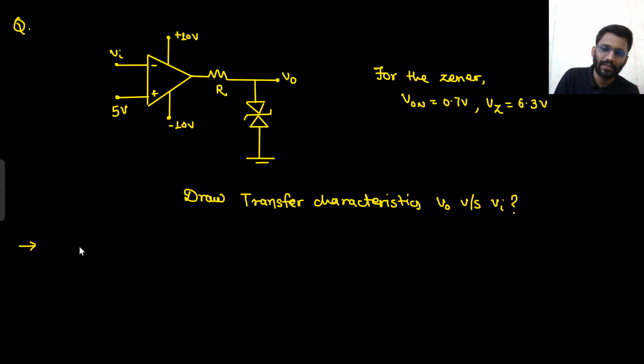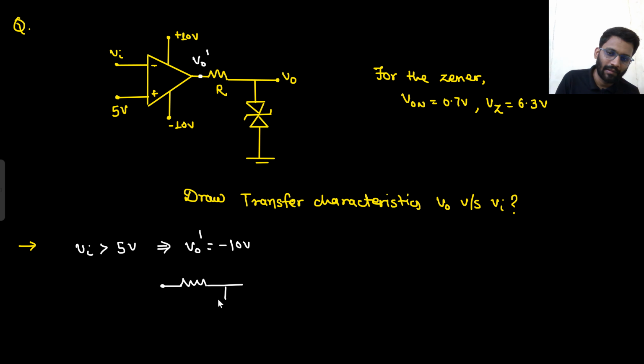So first let's see, if Vin is greater than 5 volt, then what will be your output? Output will be minus 10 volt. Not your output, I am calling this node V0 dash. So what will be your V0 dash? V0 dash will be minus 10. So now your circuit is